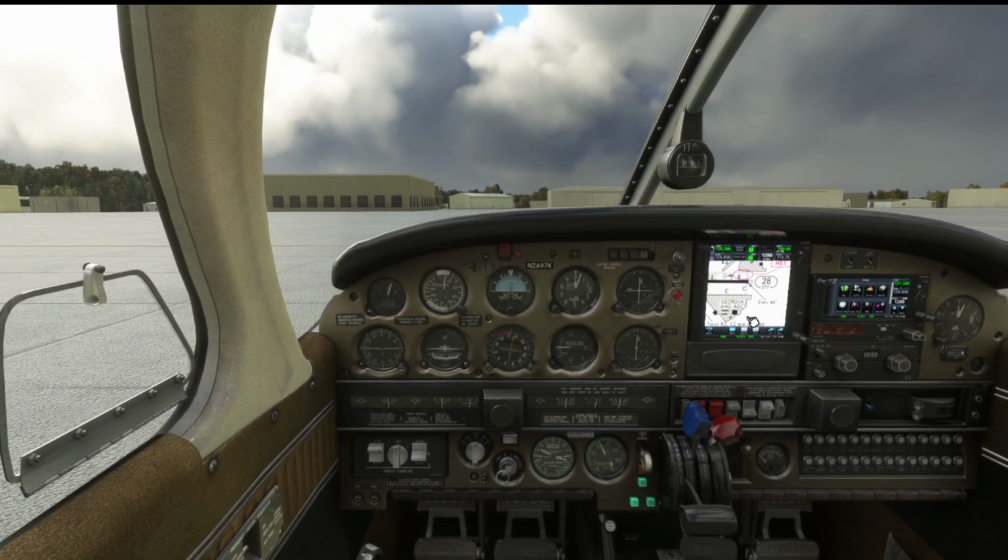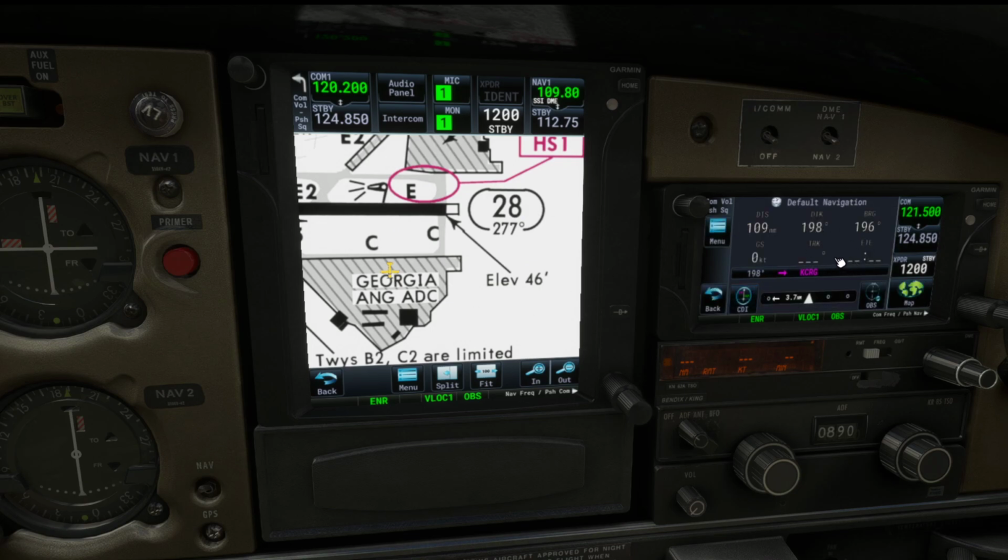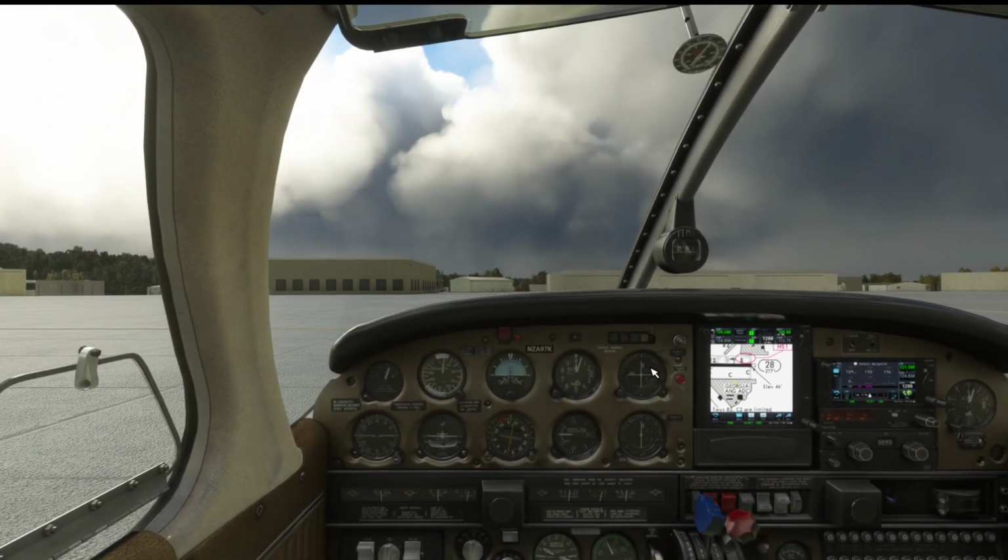So with all that set, on our second display right over here, I'm not sure what unit it's called, but it's part of the GTN 750. We can click on default nav, and right now our nav is not active yet, so we'll be waiting for that. Let me put nav over here. The DME will be selected, so our DME unit, we can use that too, will be selected for 1, so a backup for our DME. With all that set, our altimeter is set as well. Nav1, one more time, making sure 109.8. Everything is set. We still don't have the VOR on here, but we know that we're going to be flying